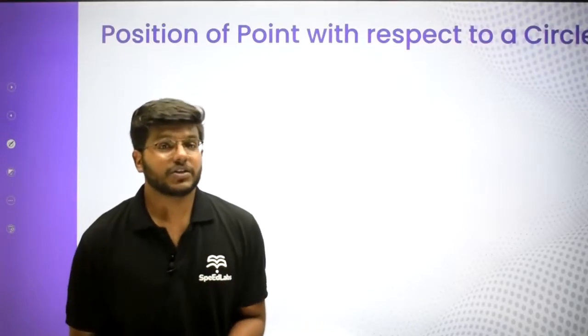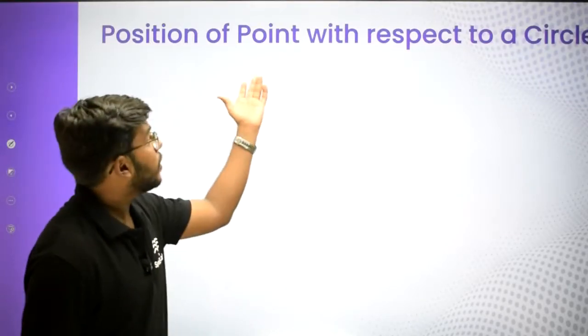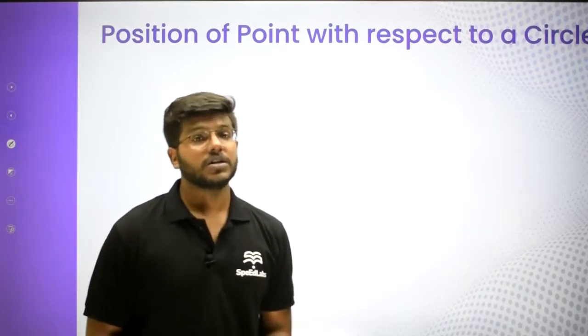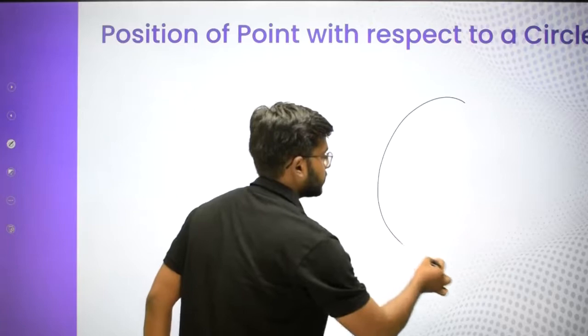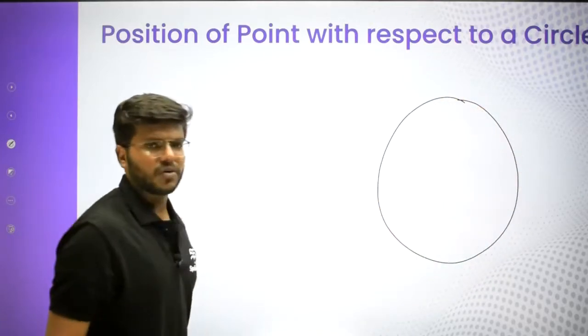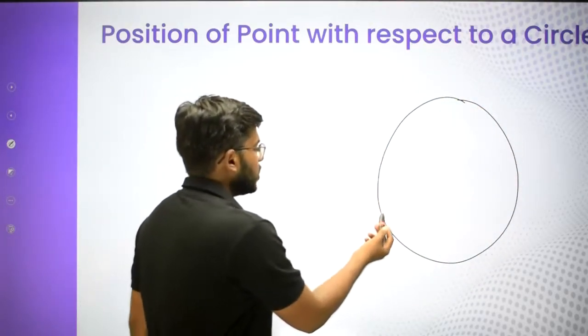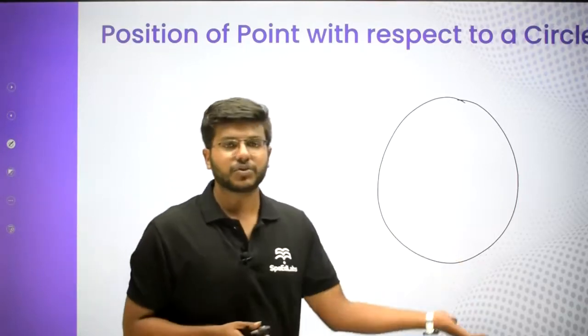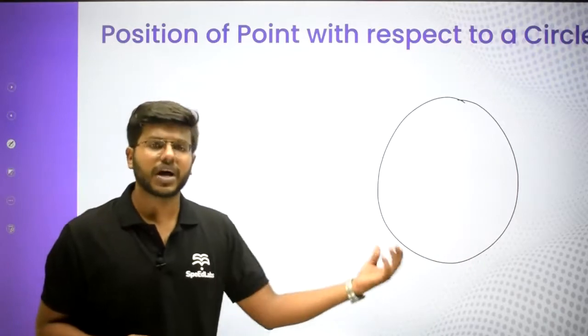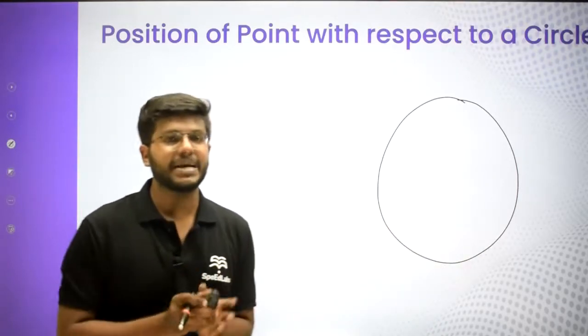Okay, so now guys, let's talk about position of a point with respect to a circle. अब इसका मीनिंग क्या हुआ? तो guys, let's suppose आपके पास एक सर्कल है, ठीक है, this is some circle, okay, इसकी इक्वेशन जो भी है, alright. So guys, whenever we have an equation of a curve, जैसे सर्कल की इक्वेशन होती है x square plus y square equal to a square, and you can have a general equation, any type of equation.